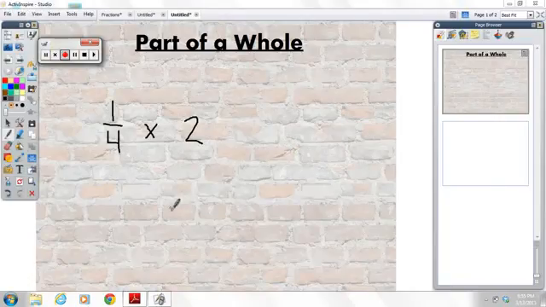Welcome everybody. What I'm going to show you in this post is how to find part of a whole, but it's different from my other post where we had to find part of a whole. And I'll show you why it's different. Alright, what we did in our previous post was we took our whole number factor here, and then